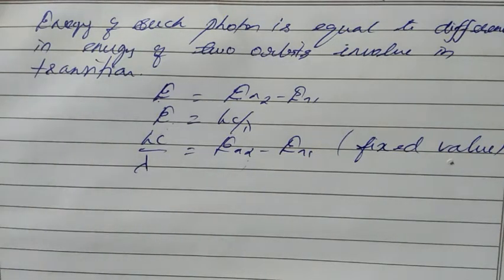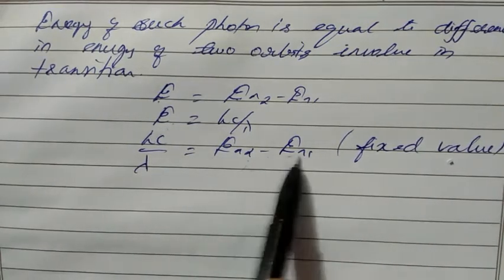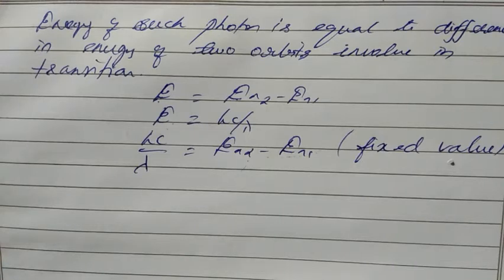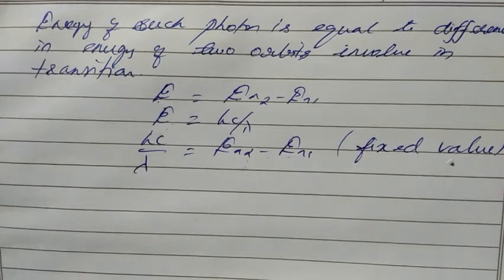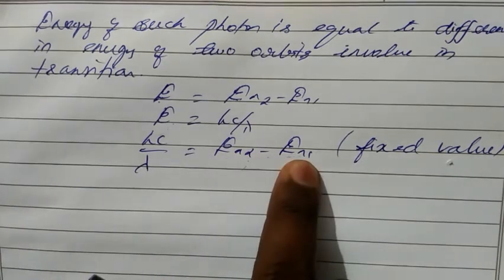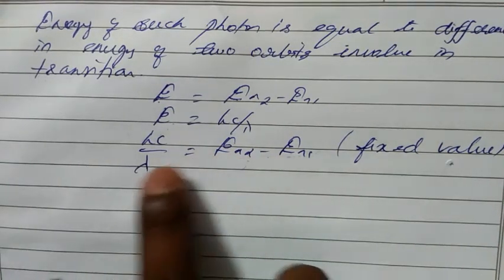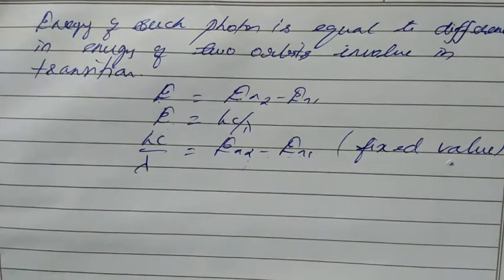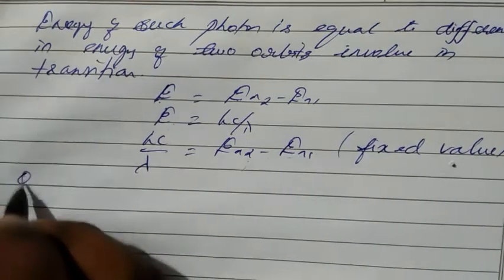Okay, so in the first case, from first orbital to second orbital, the difference is 10.2, then 1.89. So like that, these two values are fixed. If these are fixed, then we can find the value of lambda, correct? So lambda has a certain specific value. So we have a line spectrum. Lambda has a certain specific value. If we take 3 minus 1, okay, we have a certain energy value for the third orbital and a certain energy value for the first orbital. Then if you find the difference, you have some specific lambda, specific wavelength. With the help of that wavelength, we have that specific color. We will see in numerical problems.